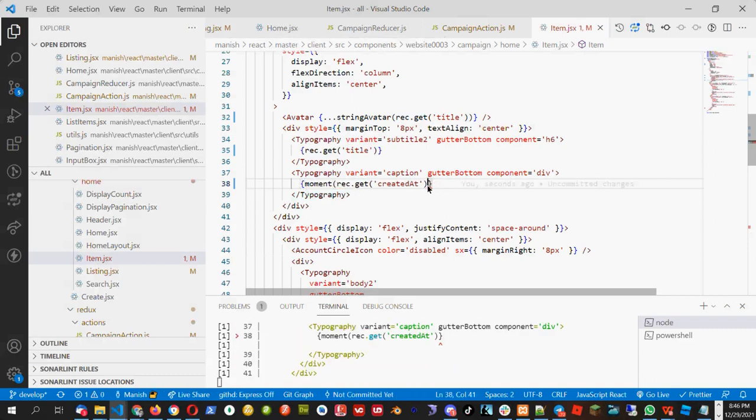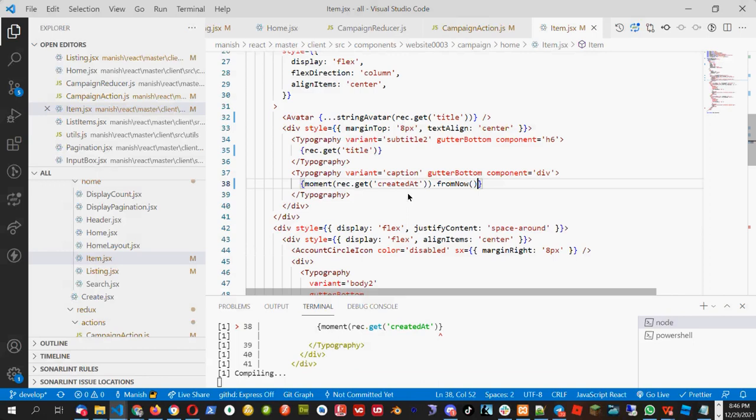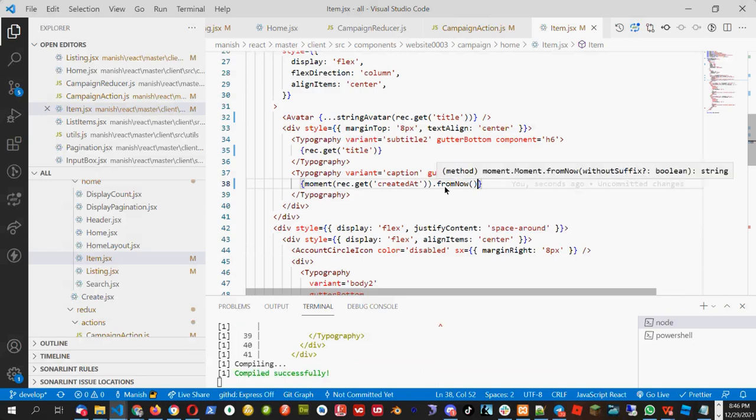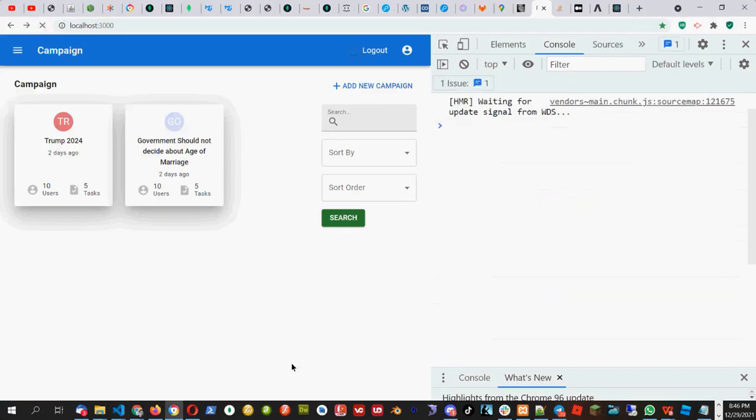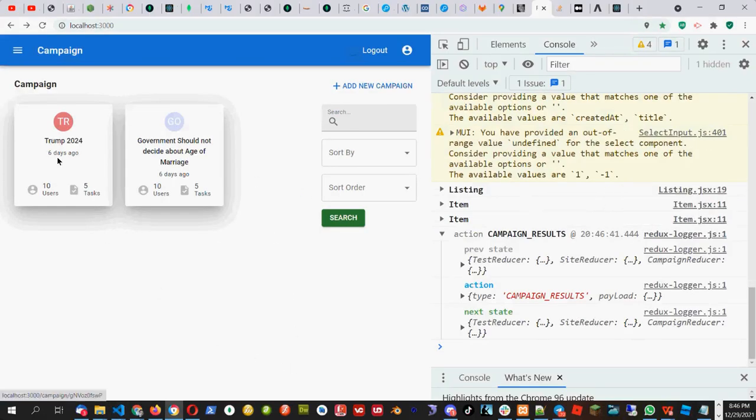After wrapping this, I say dot from now. When I say dot from now, it will automatically calculate how long ago it was created. Let's see on the page. Let me refresh. It's saying 6 days ago, so this was created 6 days ago.